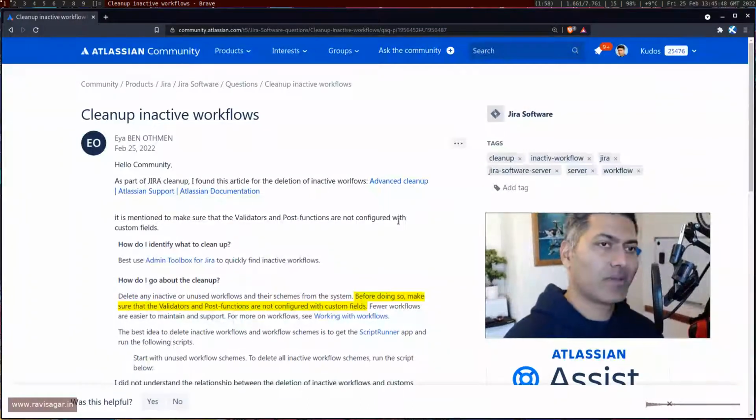But yes, it's a good question. Custom fields can be used in a workflow. And that is all I wanted to talk about today in this